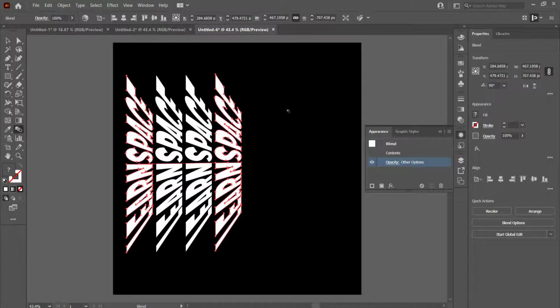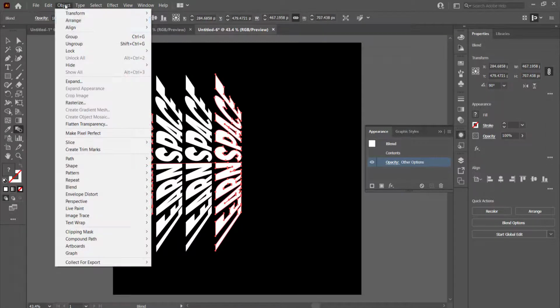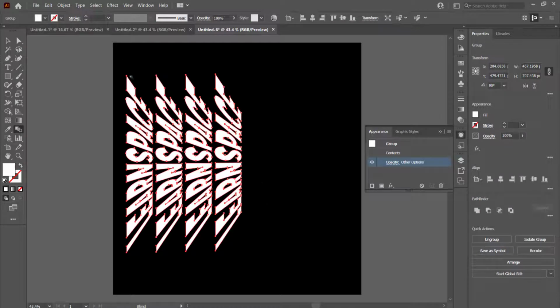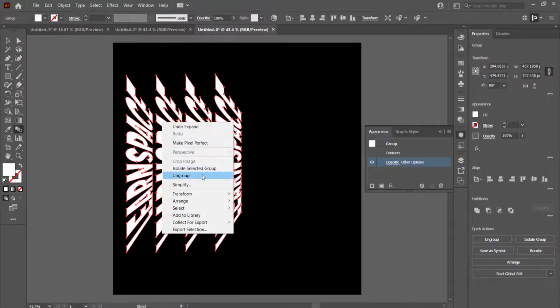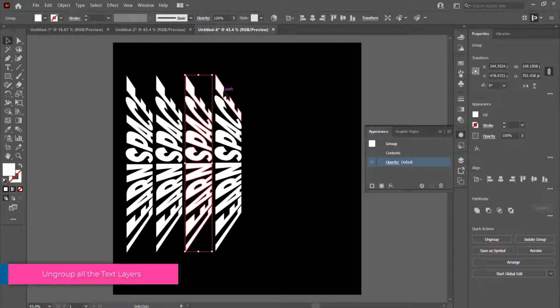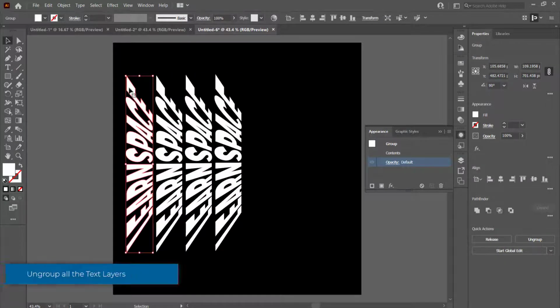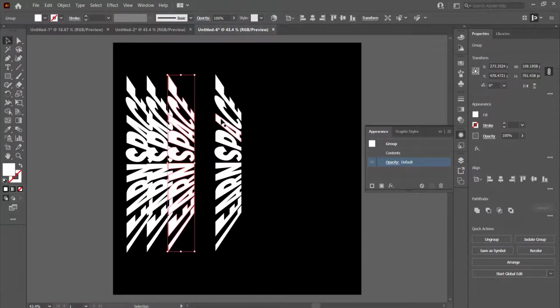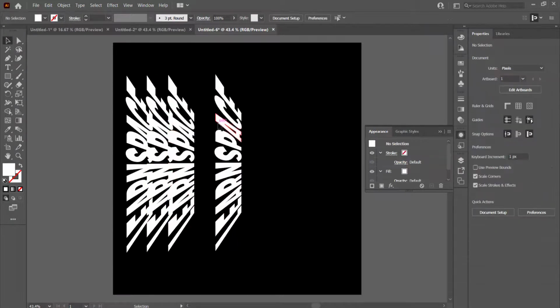Once we've got that put together, we need to come over here to Object, go to Expand, and then I'm just going to right click and go to Ungroup, just so that we can highlight each part individually. Now once I've got that, I just need to arrange it a little bit better. So I'm just going to hold Shift and move them in slightly, just like that,